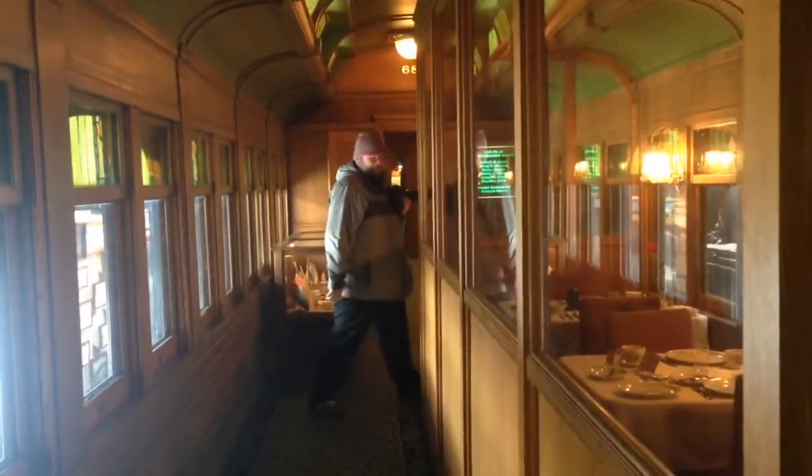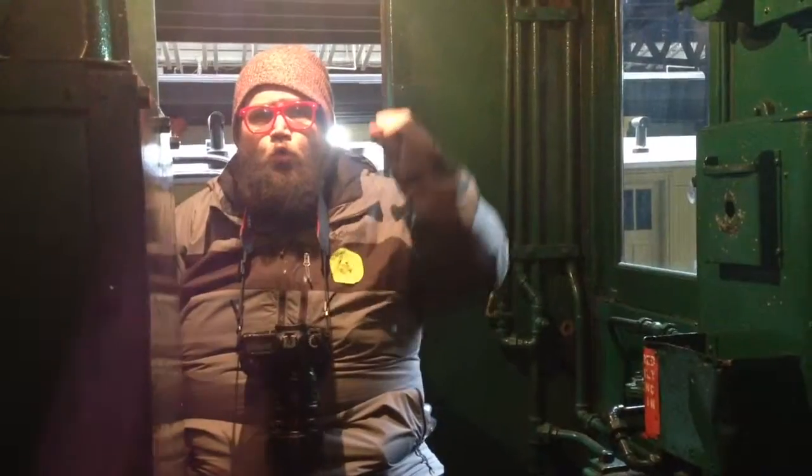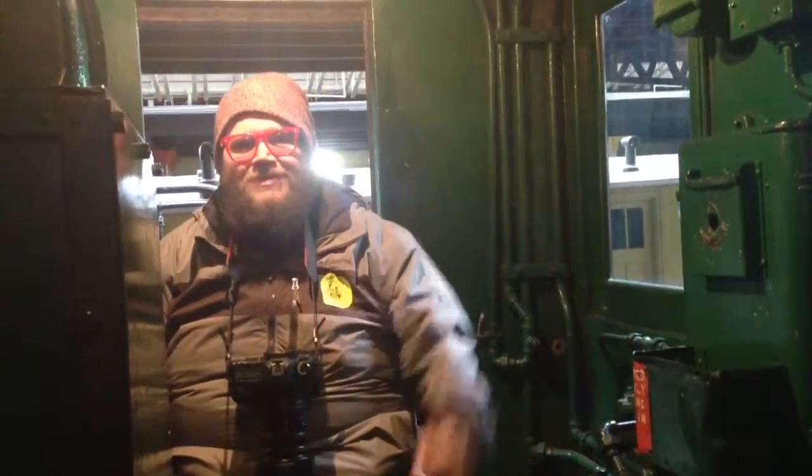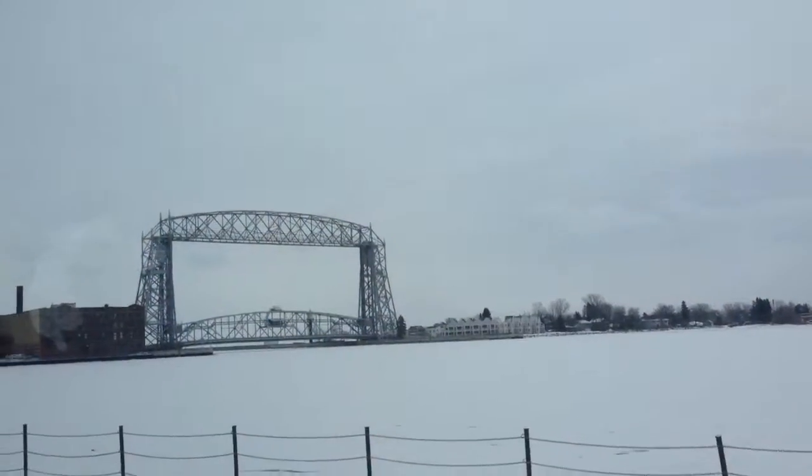There's Mike shaking the train like a hooligan. Where are we? We're in an engine car on a train at the depot. We just came from that way. Attraction as well. We like to kind of